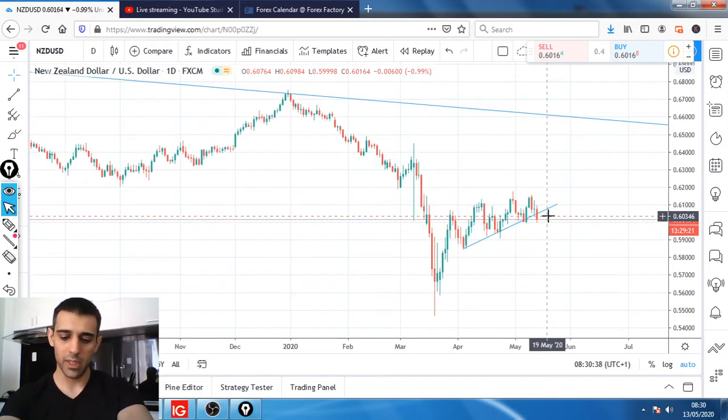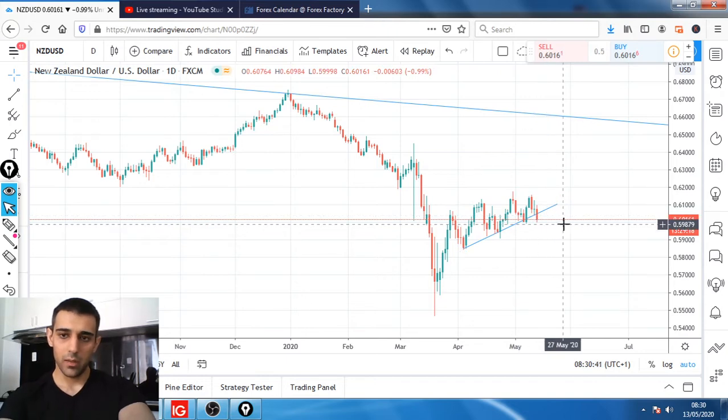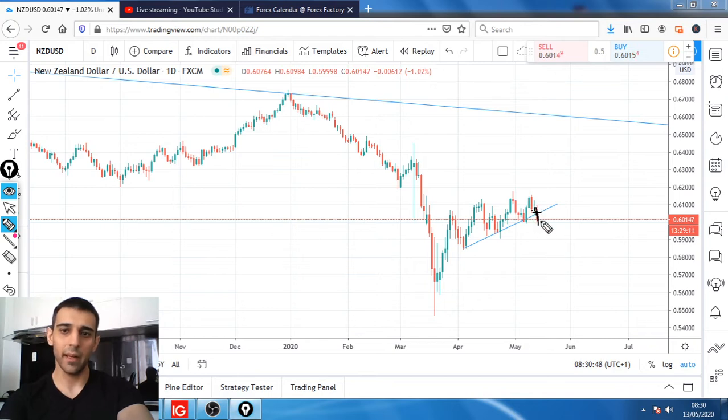Today's candle is not closed yet, and then if the price comes up in here today and closes like this one, at least just a 10 in here, then that will be good for the short trade. So that's why I wanted to wait for today's candle to close. However, targeting this area where the price is sitting right now, so about the 60.05 zone, the daily lows, then will be good. So that's a good risk reward perspective.